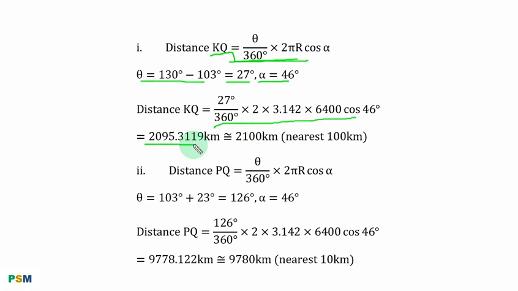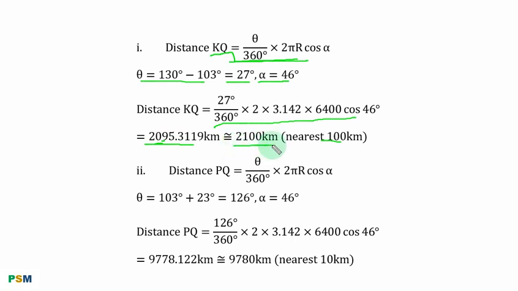The question says to the nearest 100 kilometers. Starting from the point to the left, 5 is under unit, 9 is under tens, 0 is under 100. You consider the next digit 9, you round it up to 1 and you add it to 0, it becomes 1. So you have 2100, that is